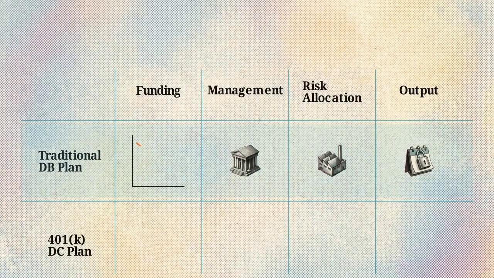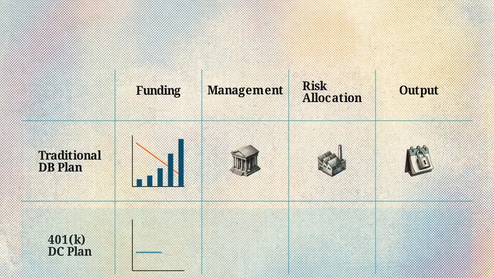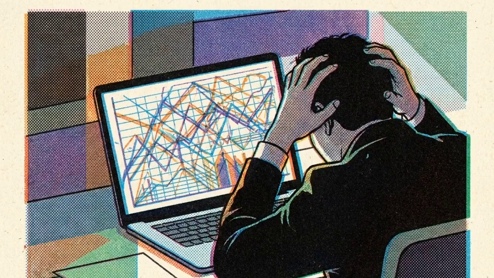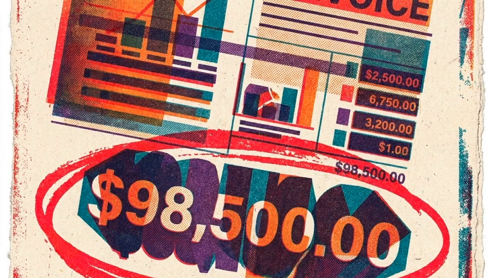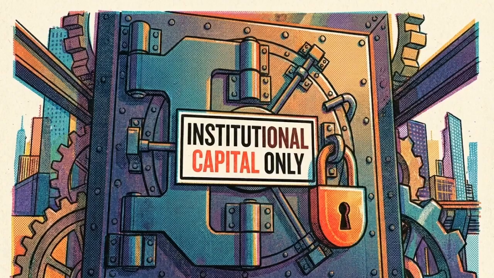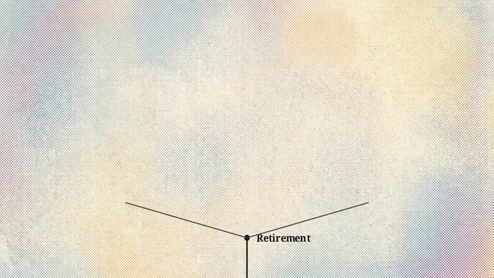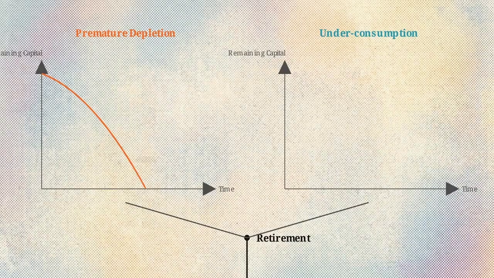Because DB output is legally fixed, inputs must be elastic. If markets drop, required funding violently spikes. In the opposite extreme, the 401k DC plan, employer input is a flat percentage. The individual bears all risk, taking benefits as a lump sum. This creates massive inefficiencies. Individuals pay retail-level fees, engage in amateur asset allocation, and lose institutional diversification. More critically, DC plans force retirees into longevity guesswork. Without knowing exactly how long they will live, they either deplete their capital prematurely or unnecessarily underconsume to protect their